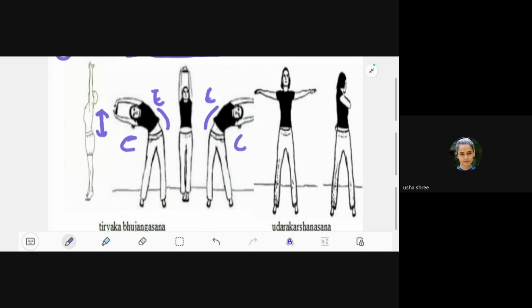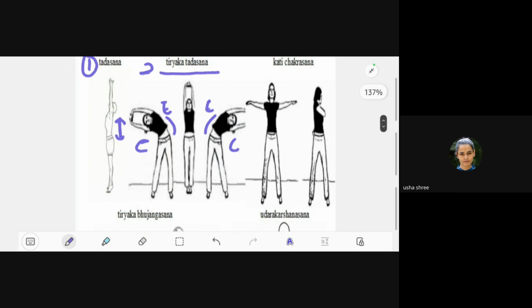Now I'm moving my body left and right and straight. Now this is Kati Chakrasana. Here I'm moving in an S-shaped curve. This S shape compresses our kidneys and helps compress our intestines from the sides. The way these are helping, I mean, Trikonasana helps us compress our abdomen from left to right. This is also helping the rectus and oblique muscles. These oblique muscles will help us in which ways?